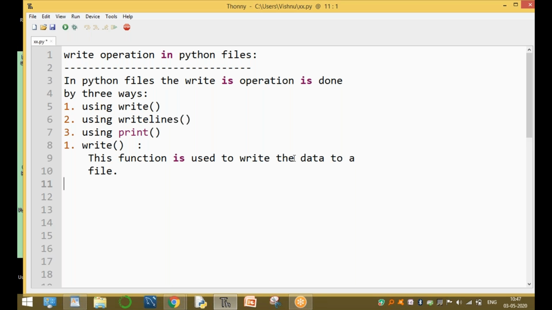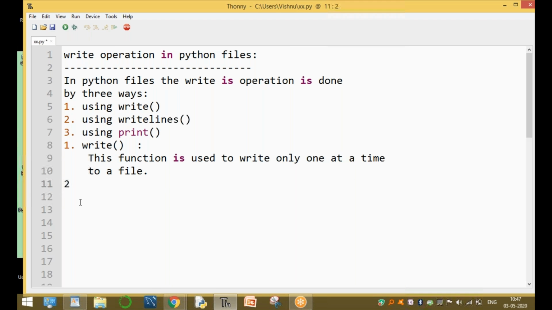Write the data means write only one line at a time to a file. This is very important. It does not write multiple lines to a file. This function is used to write only one line at a time to a file.